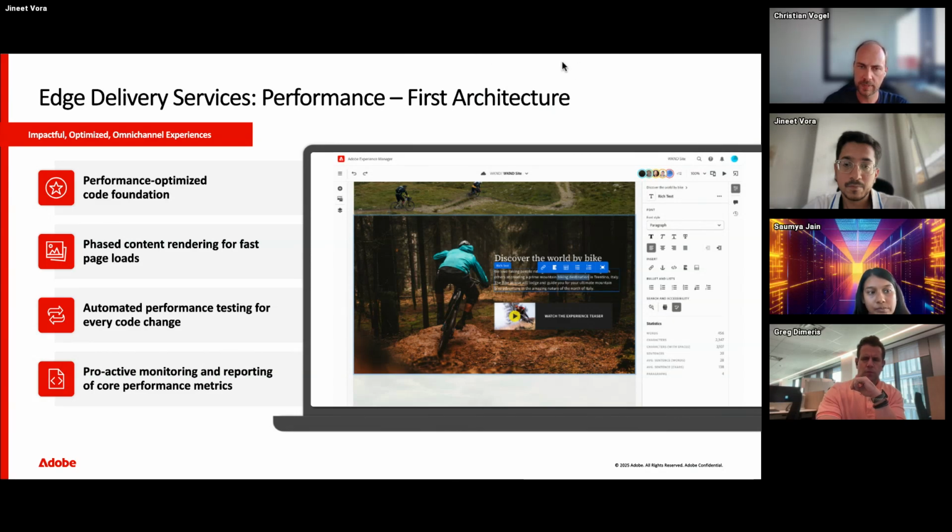And for you to know, 75% of the websites worldwide have a Lighthouse score of 55 or lower. And with Edge Delivery Services, we want all of our customers to be with a perfect Lighthouse score of 100. So that's our own goal. And we are very close to it and have that kind of Lighthouse score with all the clients that are live on the website.